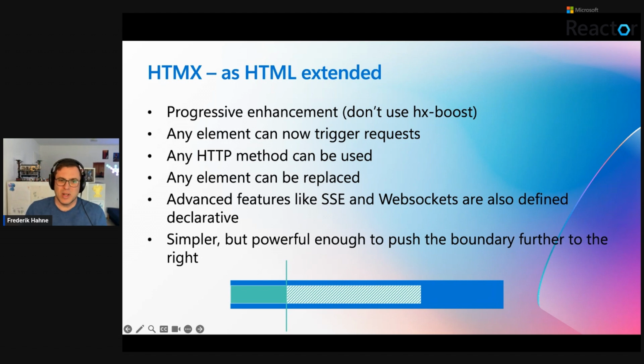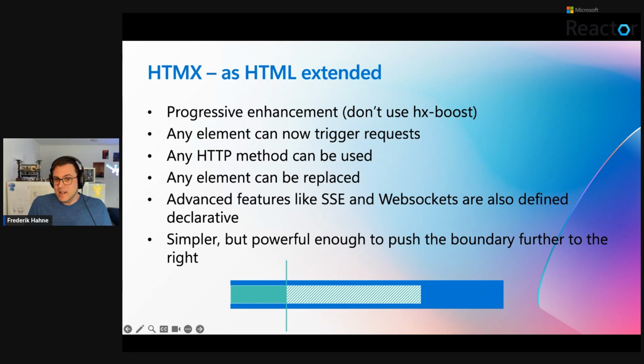You can do progressive enhancement, so you can even build an application that still works without JavaScript, with a different user experience, but you should not use AJAX Boost. What is AJAX Boost doing? It just intercepts, for example, all requests and makes an AJAX call to the server. It's not a good idea to do that.